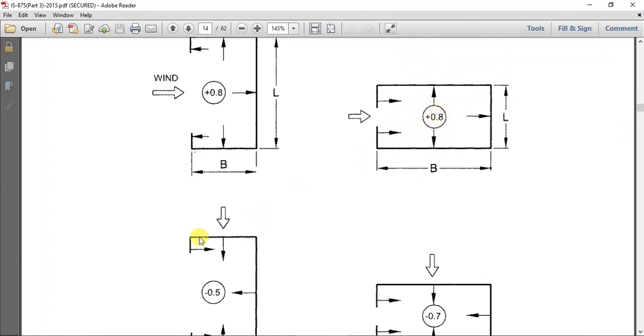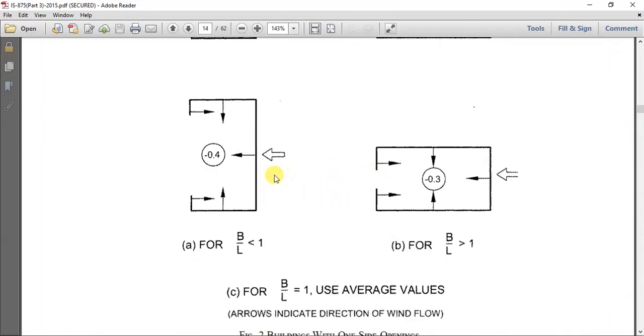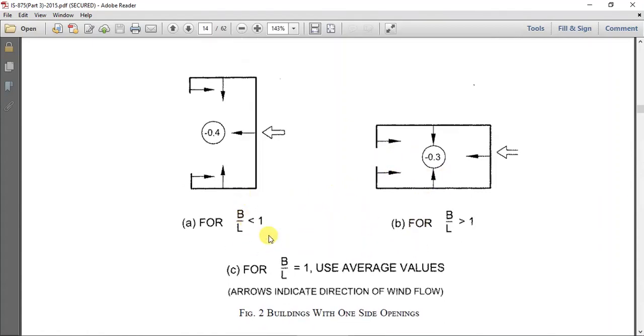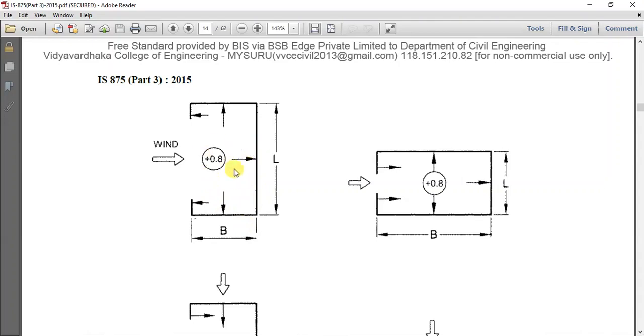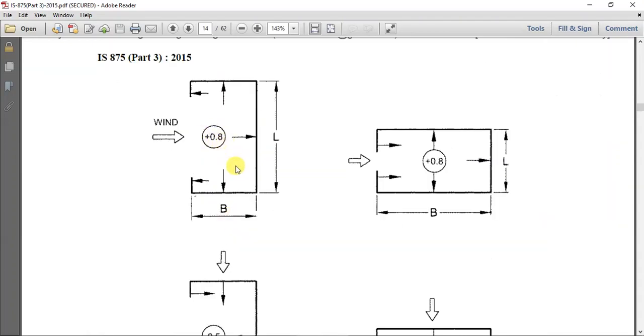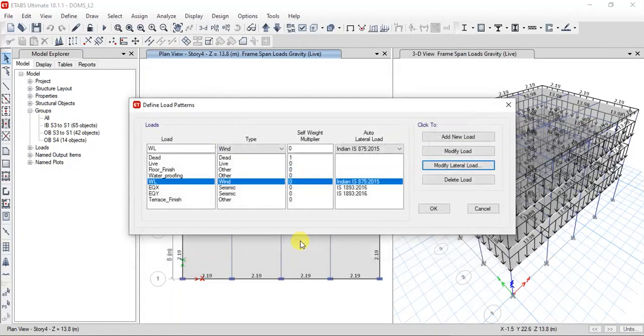So we are selecting 0.8 and 0.5 as coefficients, but you can select depending on the ratio between B and L. By calculating that, we can choose the appropriate coefficient for windward and leeward. So we're going to take the same default 0.8 and 0.5, click OK.